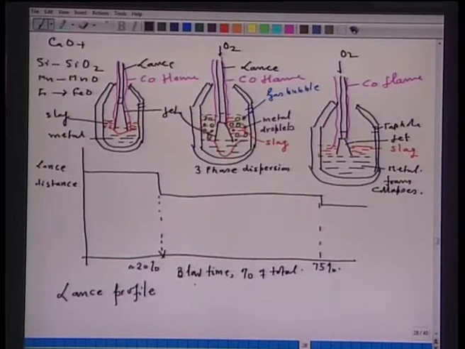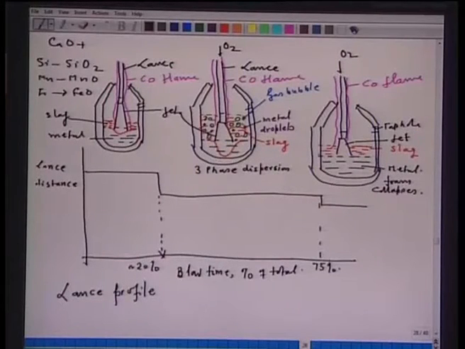Now, this plot is simply schematic because different converters have different lance profile. So, what I wanted to illustrate is a general lance profile which is valid in all converters irrespective of the capacity. This particular profile shows that in the beginning, say if you have 0% blowing time, lance distance is kept high. As the blow proceeds, after around 20 to 30% of the blow, lance distance is decreased, and then for